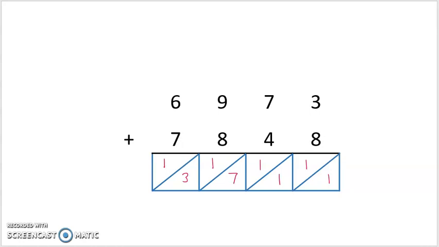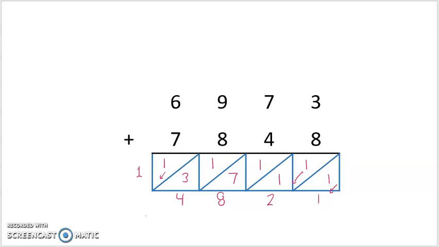So add going down each column, then add across the diagonals to find the answer. So that would be 1, which is 1 just along that diagonal. 1 plus 1 along that diagonal is 2. 1 plus 7 is 8. 1 plus 3 is 4. And then along that diagonal, 1 plus nothing there, so that's just 1. Most people write it on the side like this, but you can write it either on the side or on the bottom. And that would say that